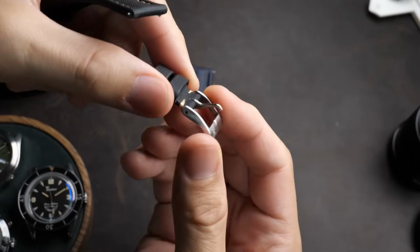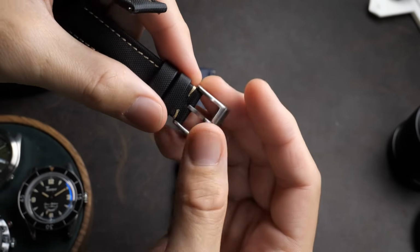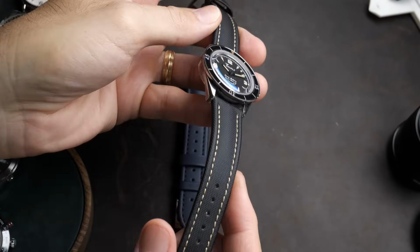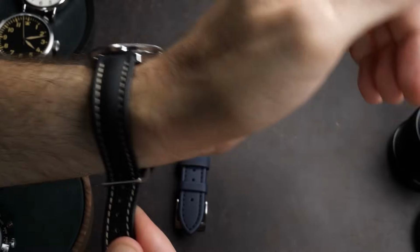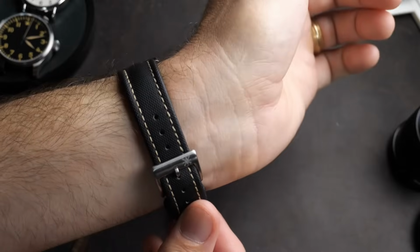place. And one obvious difference is with the buckle that is used here. I think CNS wanted to use their standard buckle that they use on a lot of their other straps, which has a very thin tang to it. And so that also means that they've punched smaller holes into the strap as well. The buckle is okay, but because of that thinner tang, it does feel less secure and sturdy than the other buckles that we've seen. But I do like the look of this buckle way better than the one that came